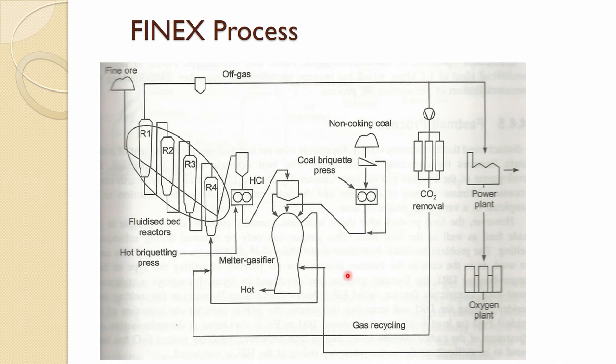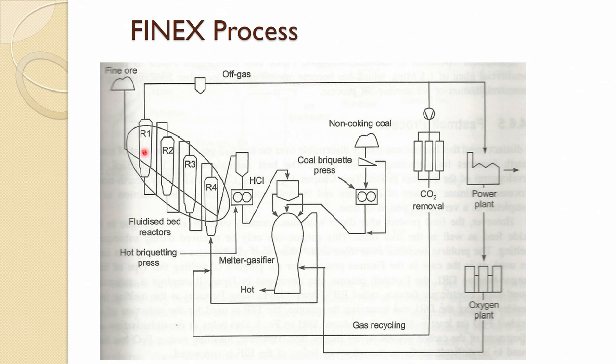So, this is a flow chart of the FINEX process, where again the melter gasifier is there to put in the oxygen and other gases. Essential features are more or less the same in most of these melting processes. So, these off gases are introduced into the fluidized bed reactors which are in series, and by the time it comes out from R1, you get almost quite reduced